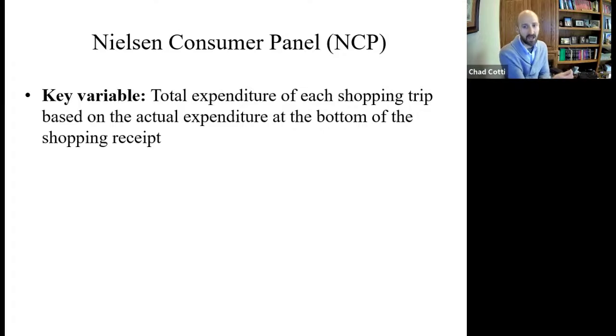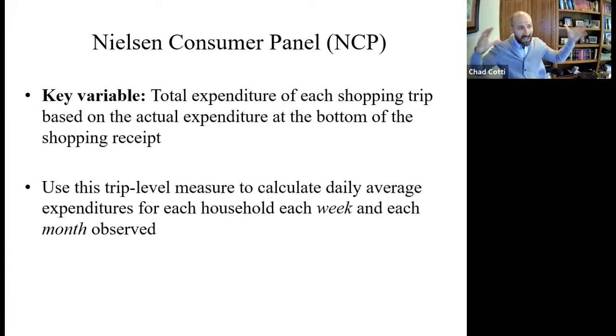So they had coupons or they were taking advantage, so that wouldn't work. So we utilize this total expenditure for the shopping trip because that's a known thing, and we're going to use the real prices to build up to that. And then what we do with it is we aggregate all the shopping for a particular day in a particular household together so we can get the daily expenditure for that household.